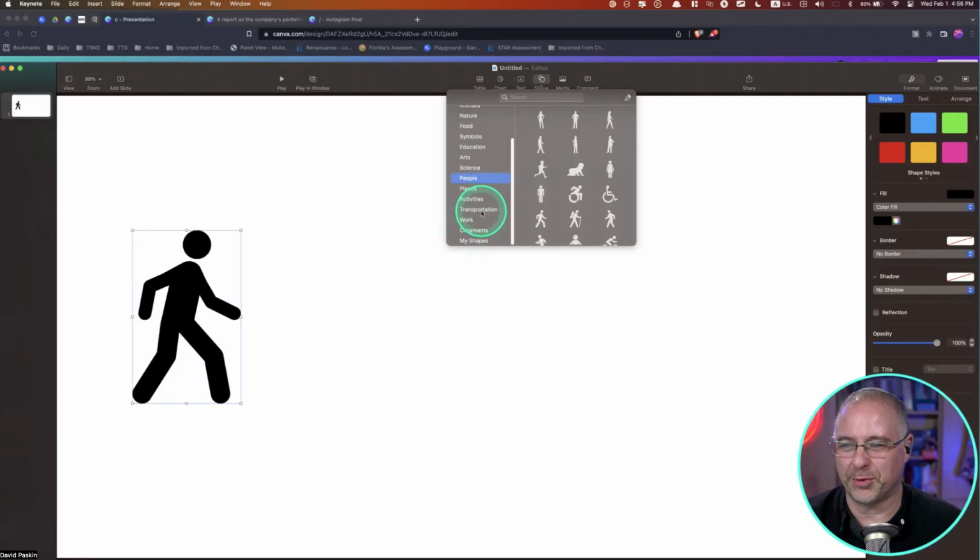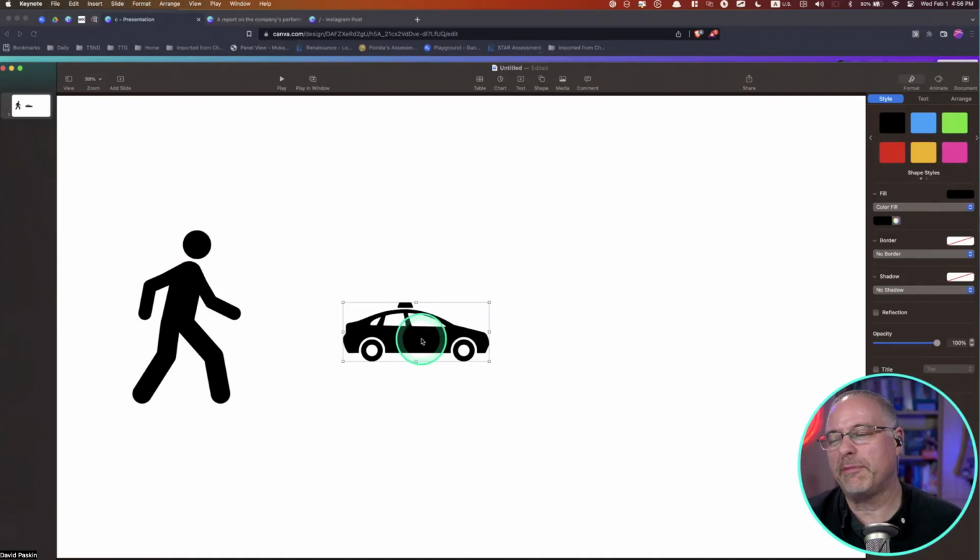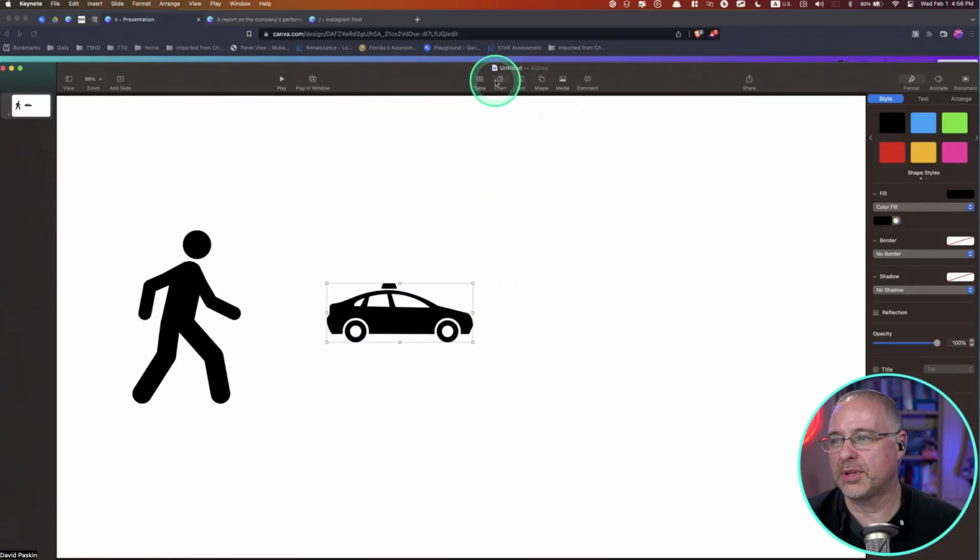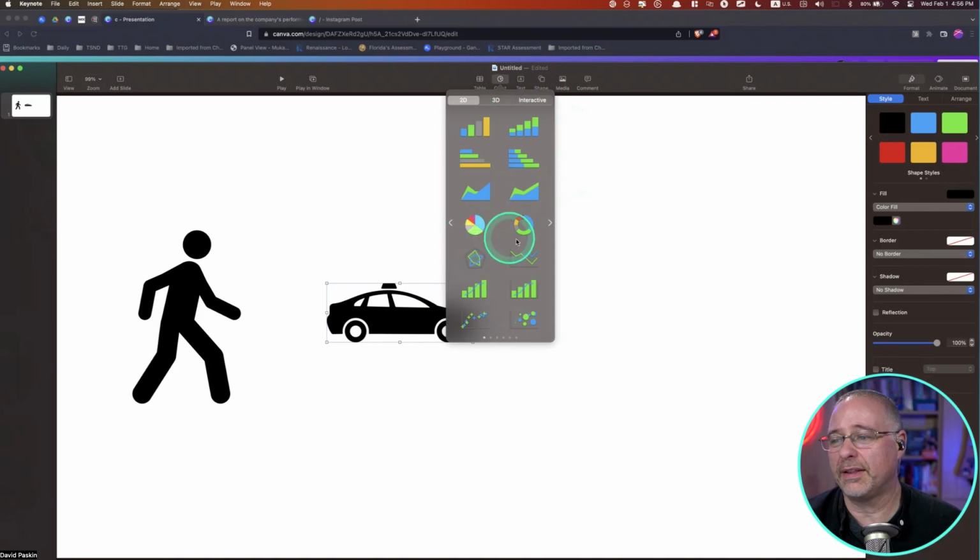I don't find it any more robust than the Google one, and I don't find Google Slides to be very robust. I used to live in Google Slides. I couldn't get off PowerPoint for a very long time, because that's what we all started on. Yeah, look, you've got all these basic shapes, and again, here, this is going to be